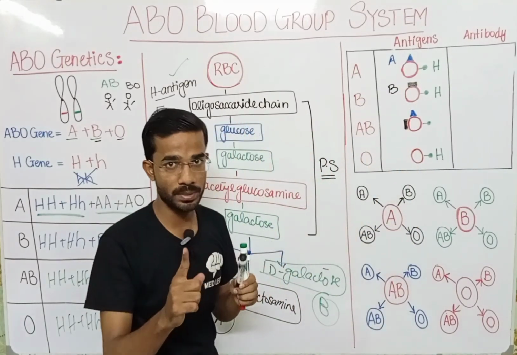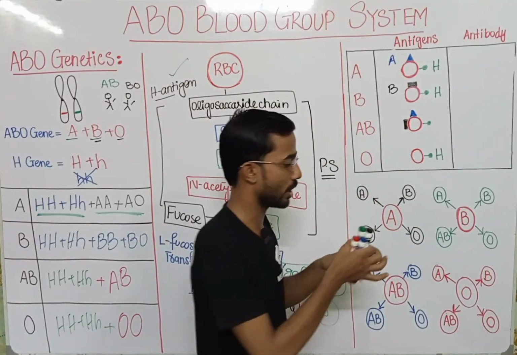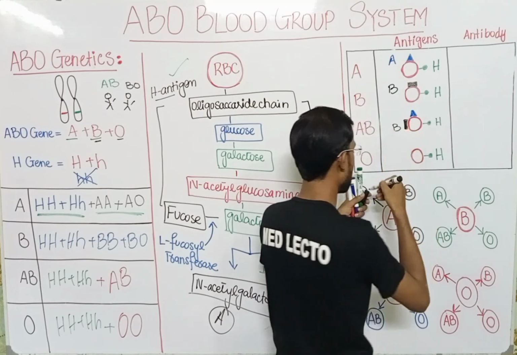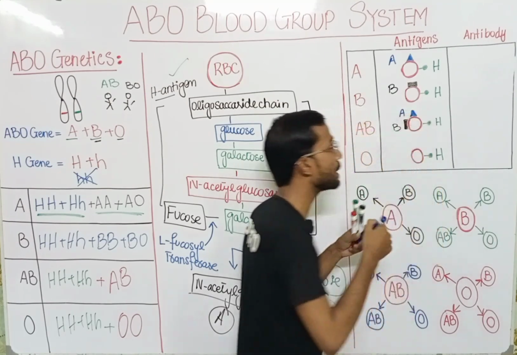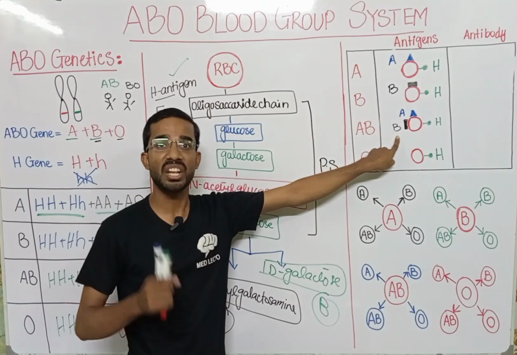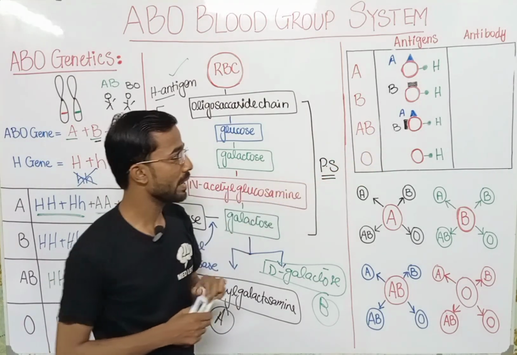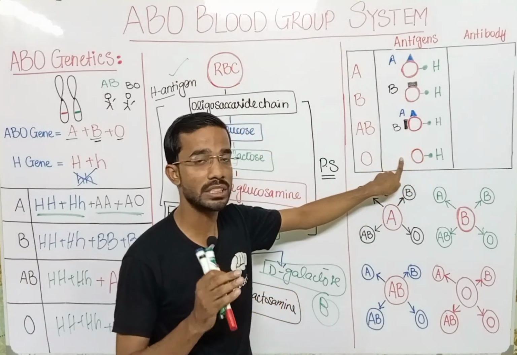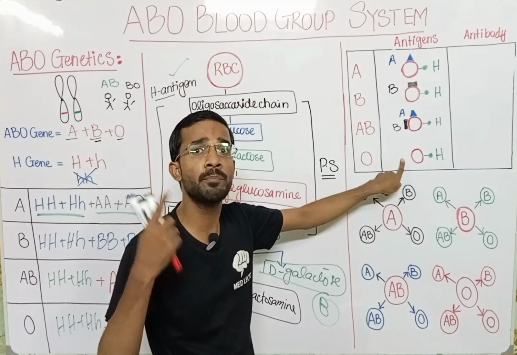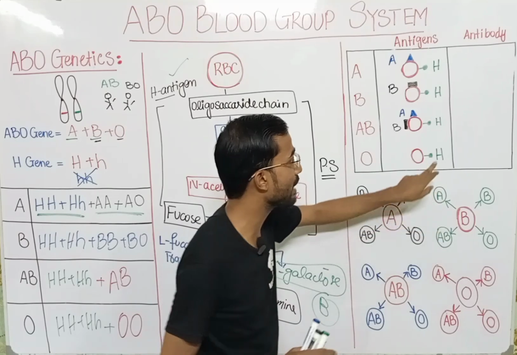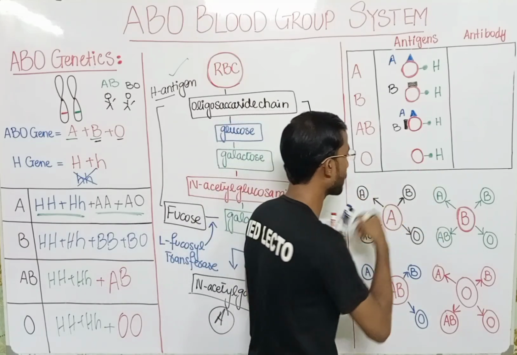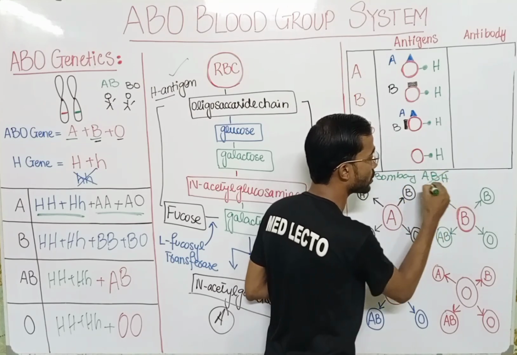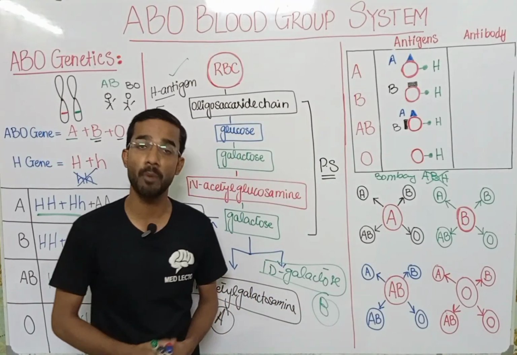In the ABO blood group system, RBCs have three antigens. What type of antigens? The H antigen, the B antigen and the A antigen. At a time, all three antigens will be present on the surface of the RBCs. Next is the O blood group, in which you will see the presence of the H antigen only. There is no A and B antigen on the surface of the RBC. But there is an exception: in the Bombay phenotype, even H will be removed. This is an exception case. In the Bombay phenotype, there is no A, no B and no H. There is nothing on the surface of the RBCs in the Bombay phenotype.